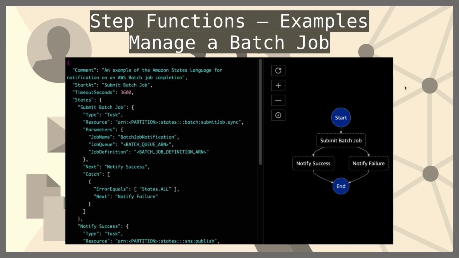And then another example is to manage a batch job. This is really fascinating, because if you use AWS Step Functions, there is a provision to have a parallel path, or depending on the outcome of a particular step, we can go on either a failure route or a success route. For example, we submit a batch job. Based on success, it will notify for the success, and based on failure, it will notify for the failure. And of course, there could be additional steps. Maybe we want to do something else if the job is successful, so we can have a flow directed from the success further down, and similarly for failure.